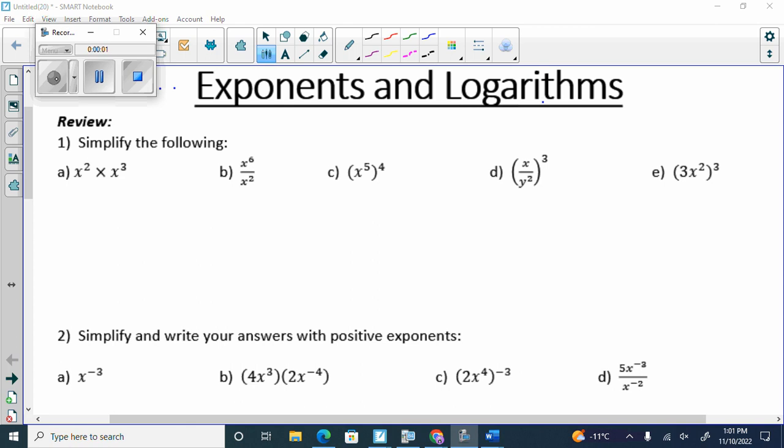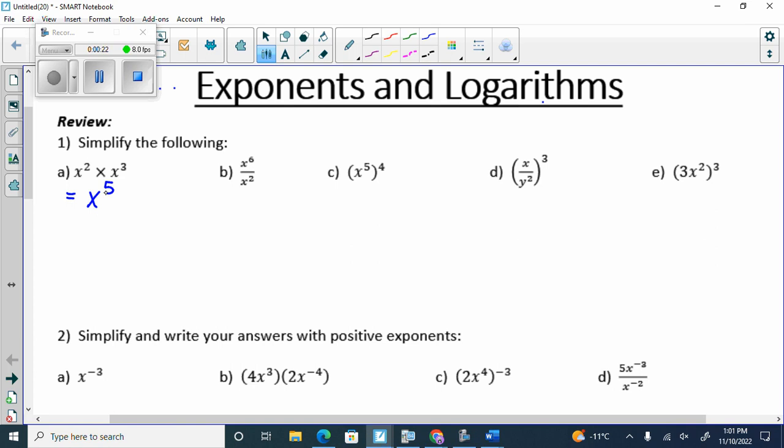So we have x squared times x cubed. When we have the same base, two bases, two exponents, what do we do to the exponents? Add them together. Yes, we do. So we put an equal sign, and it's x to the 5. So when you have two bases and two exponents, you add your exponents